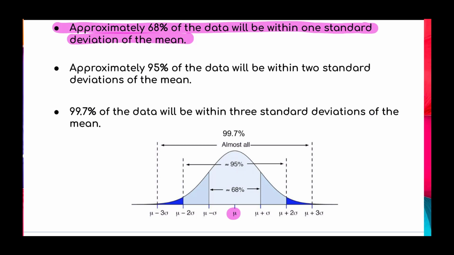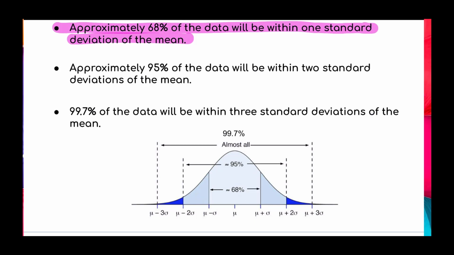And if you go out 1 standard deviation below the mean and 1 standard deviation above the mean, that is about 68% of the data. So 68% of the data falls between 1 standard deviation below and 1 standard deviation above the mean. Okay, and so then the next characteristic